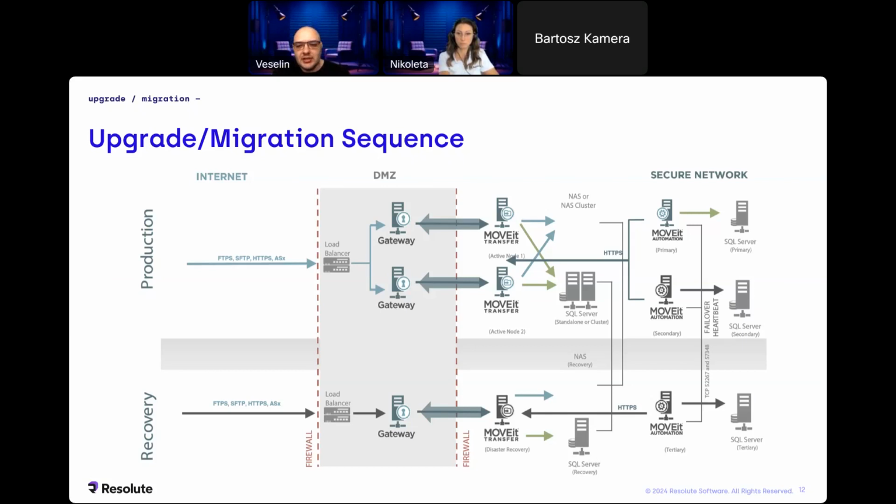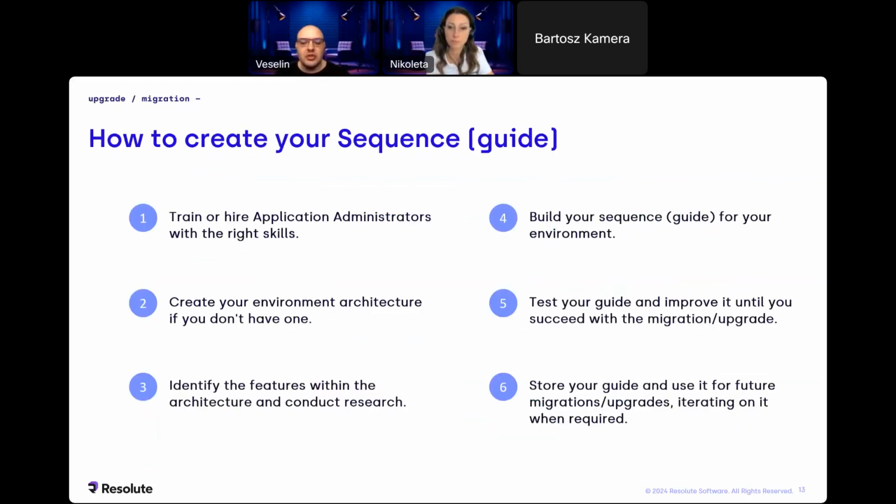Now, the question is: the environment we want to migrate or upgrade is too complex and we don't have a sequence, so how do we actually build one? Here is the actual solution that we are following. It's not something new. It's out there. However, I haven't seen customers really using it. There were a couple of enterprise customers that kind of follow some of it, but not the full extent, and that's why they're reaching out to us again, which is a good thing.